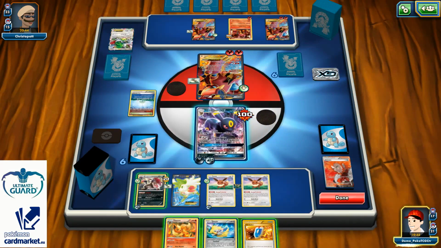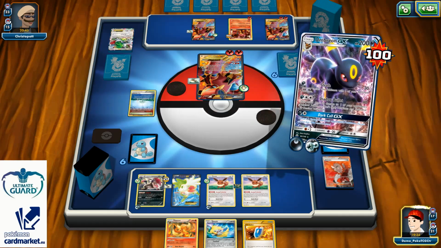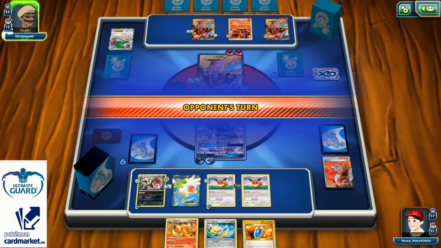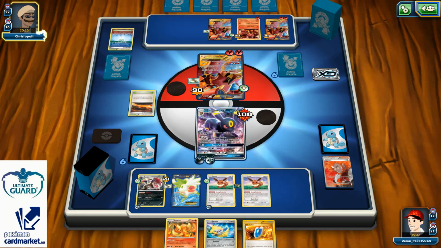Mind Jack can go for 100, or I can Shadow Bullet for 90 and snipe some damage on the bench. Interesting decision. I'm gonna use that Shadow Bullet, just in case this is gonna be Volcanion with Fighting Fury Belt. So he can get 180 and still be short for like a 10. I don't know, also 90 damage here, still short for 10, so